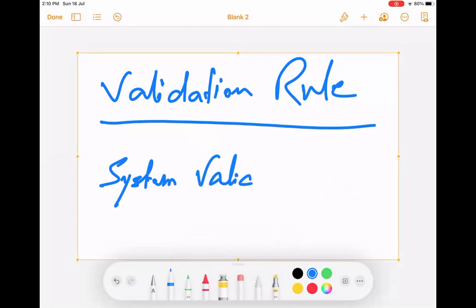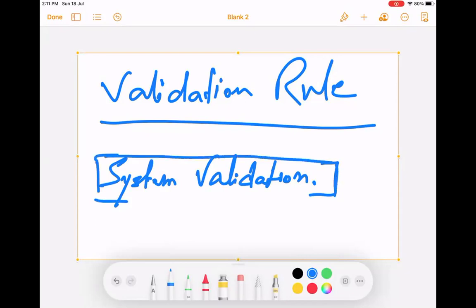You cannot put any character in a numeric field, right? That is automatic validation. By choosing the right field, you are already telling the application that you want the user to only put this kind of data. The system has already taken care of it. This is out of the box. Nothing from your side is needed.